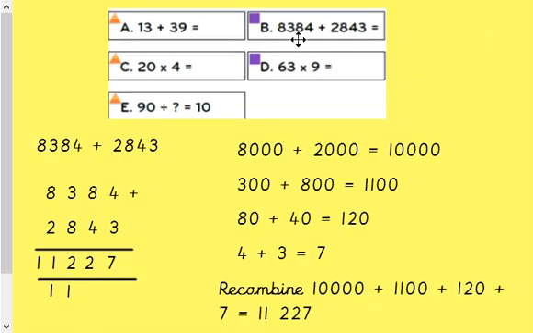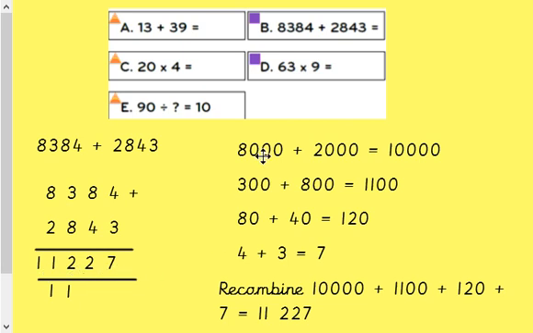Okay, we're now moving on to the other written method question that we might have had this morning, and this one would be straightforward to begin with. Addition using column addition. Okay, so abstract method. We line up the digits to make sure that everything is ready to go. 4 plus 3 would be 7. 8 plus 4 would be 12, but we need to carry 1 over into the next column. 8 plus 3 or 3 plus 8 would be 11 plus 1 would be 12, and again we'd have to carry over a 1, and then 8 plus 2 would be 10 plus 1 would be 11. So our answer then would be